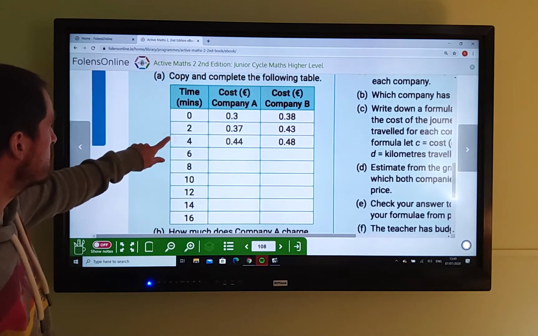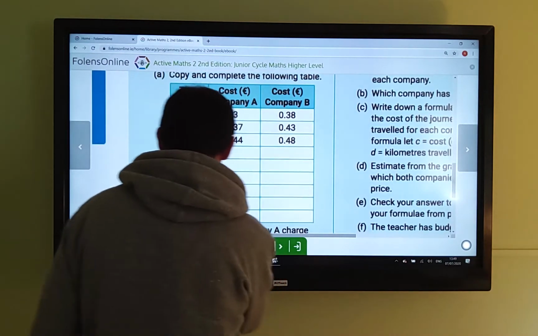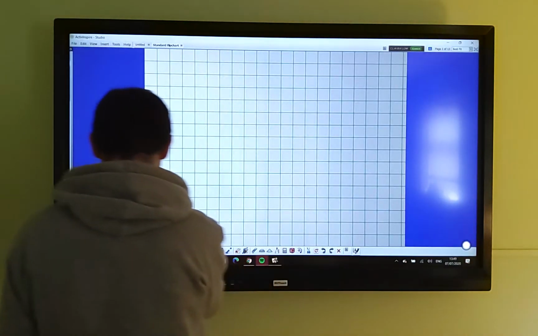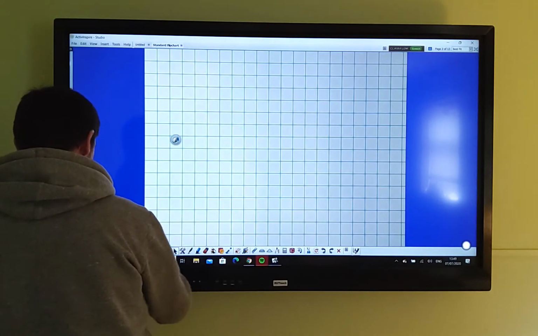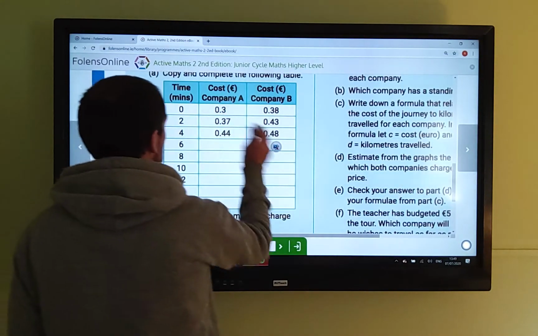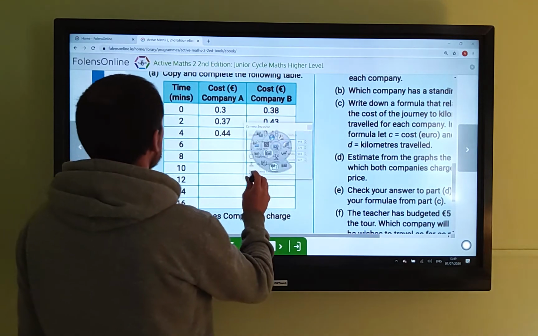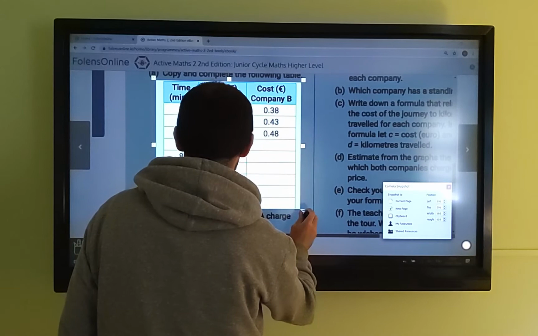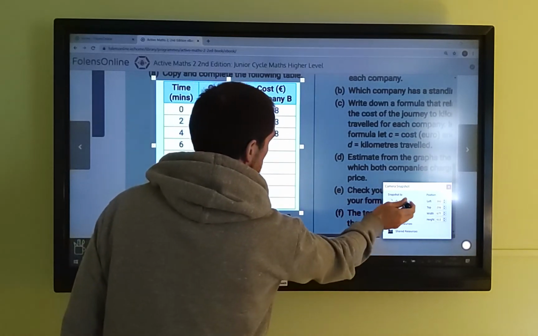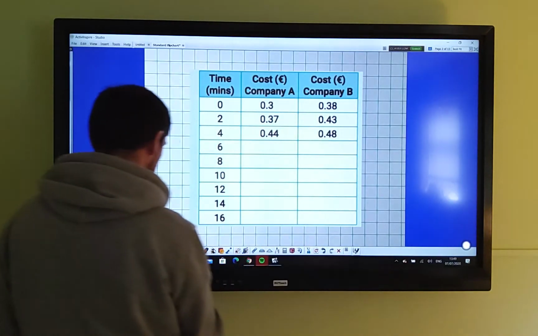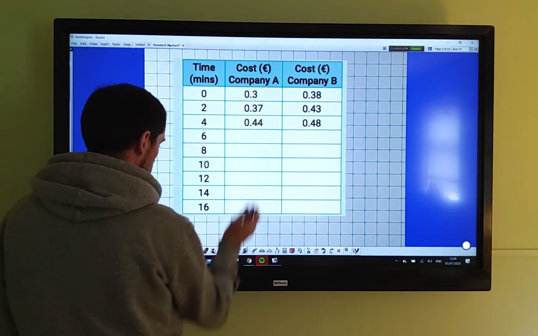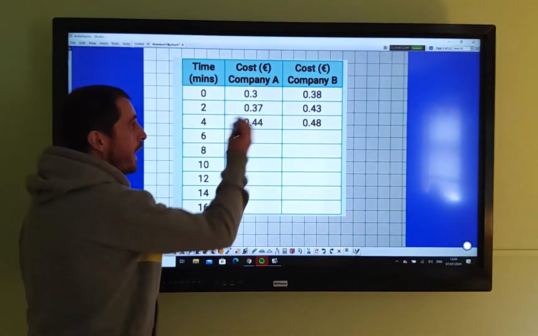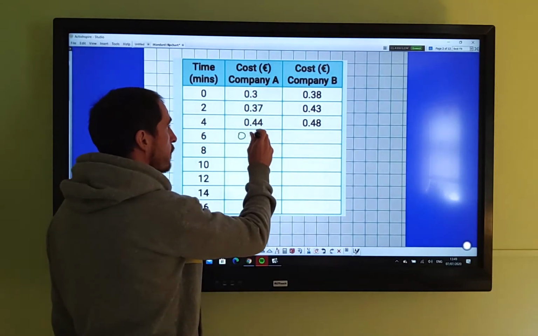All right? So we're just going to go and copy this now. So copy this into here. Now, you have to remember, this is a linear pattern. So with a linear pattern, the differences are the same each time. Okay. So if I want to fill this in now, so 0.3, 0.37, 0.44, you add 0.07, so it's going to be 0.51,